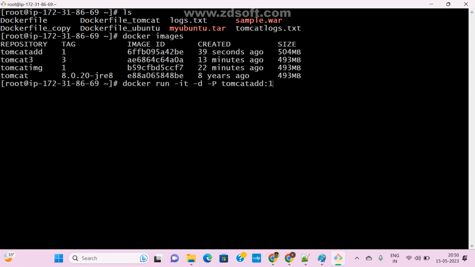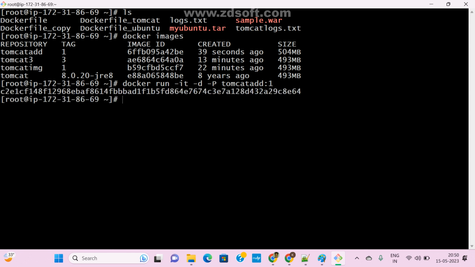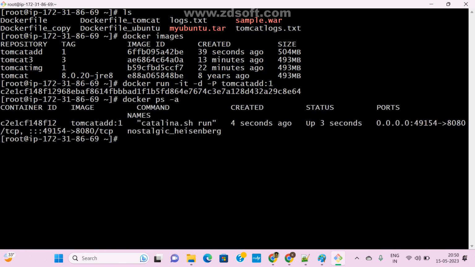Now any doubt, guys? This is the automatic port mapping, I didn't mention it. Okay, the container was created. So docker ps -a. That's it. Now see here.